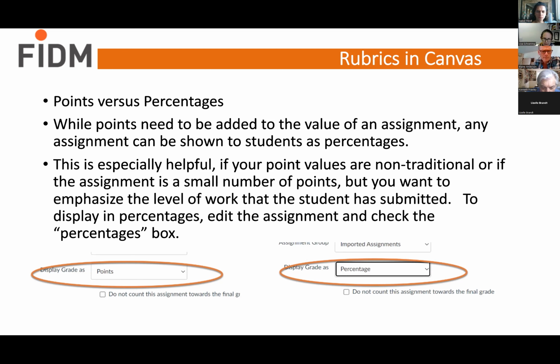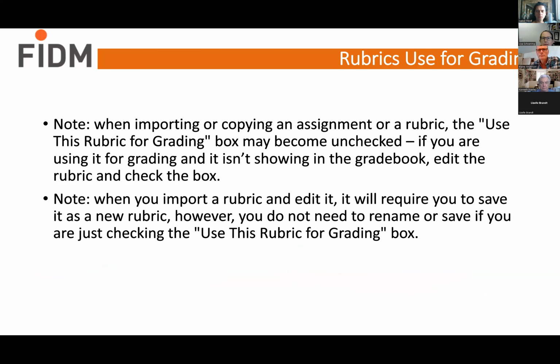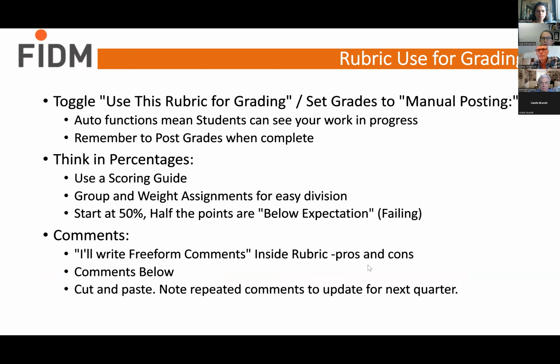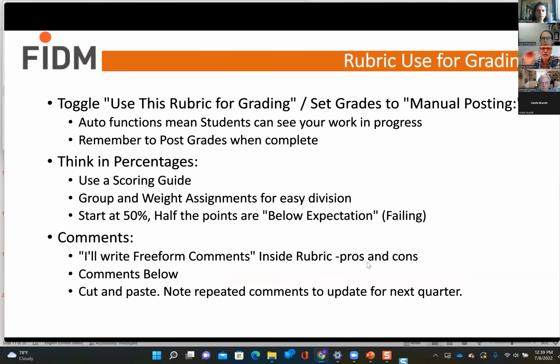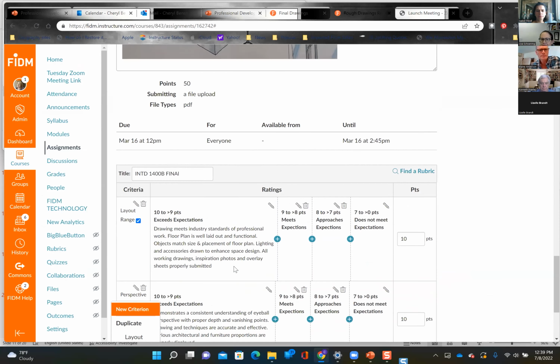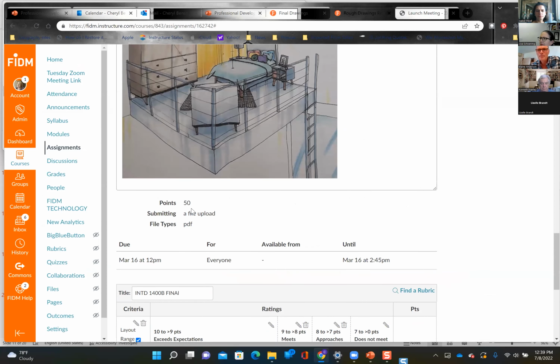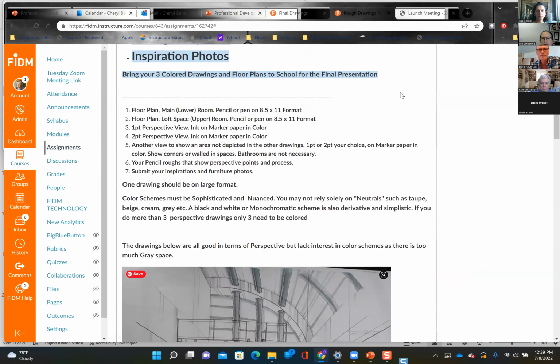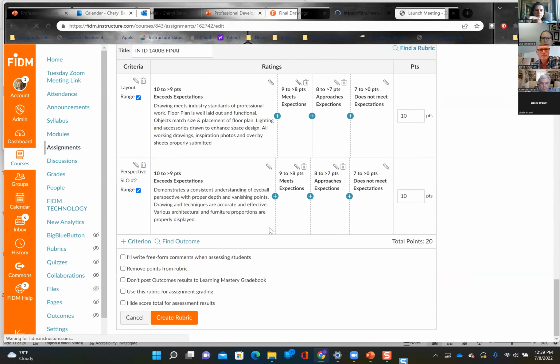So that's one reason why, if you change it to percentages, students will see it as a percentage when we do that rubric. And the final thing I wanted to show you, I'm going to go back to my other. Is that at the bottom of the assignment page, did you say, Cheryl? Yes. I'm going to go into this assignment right here, where it says points 50. If I go in and edit it,